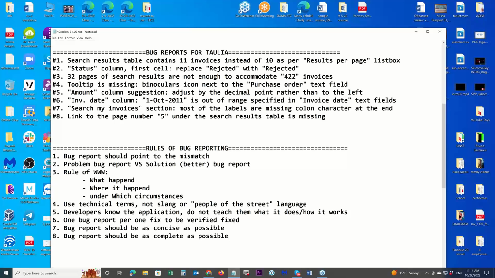So whatever is material to understanding and fixing the bug should be there. You cannot make your bug report shorter, more laconic, more concise, at the cost of completeness. So out of all the possible complete bug reports, we choose the one which is more concise.